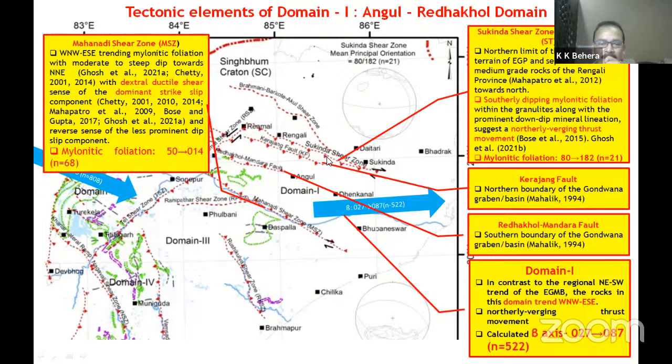It means a southerly dipping plane, and it is the Mahanadi shear zone. It is a northerly dipping mylonitic foliation, 50 degrees towards 14. Actually, we have done structural analysis. This is the outcome of structural analysis, and within this domain,